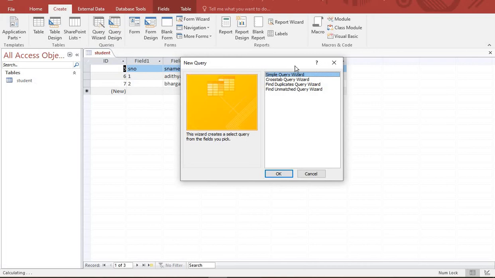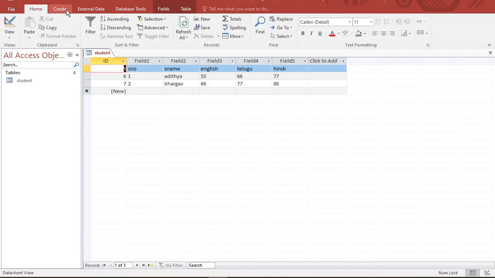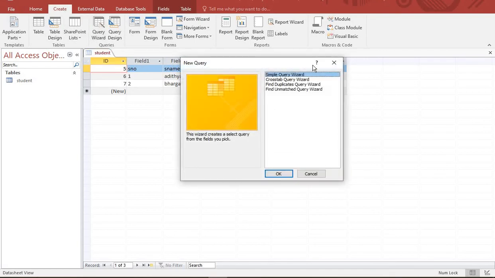See here, if you click on query wizard, here is the query wizard, available in the create menu. You have to click on create, and after that click on query wizard. Then it will display a box. This box is called the new query box.